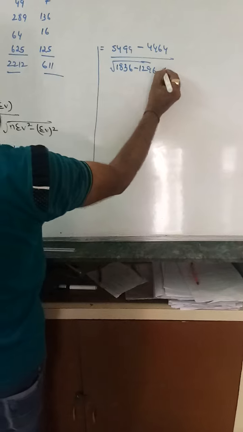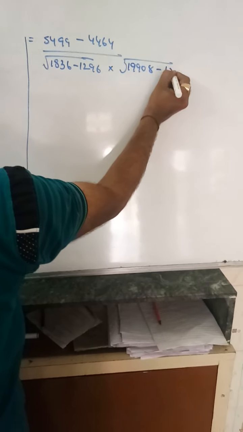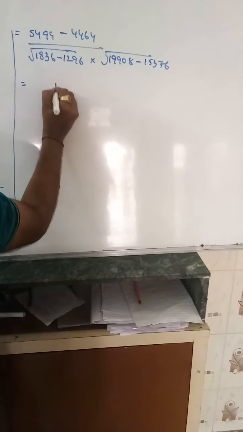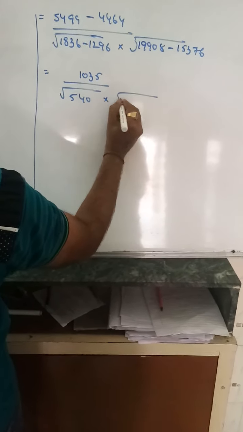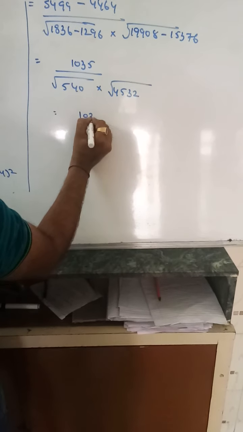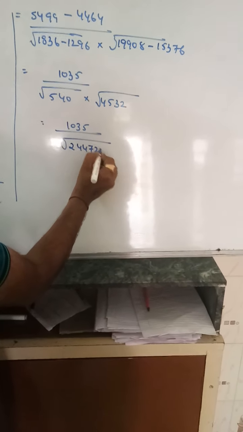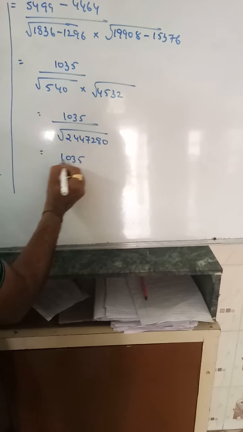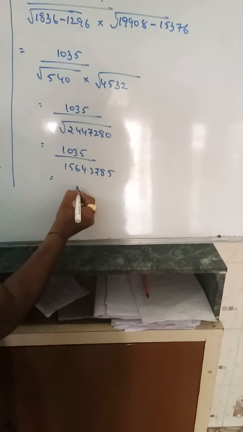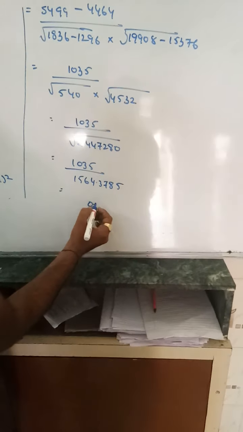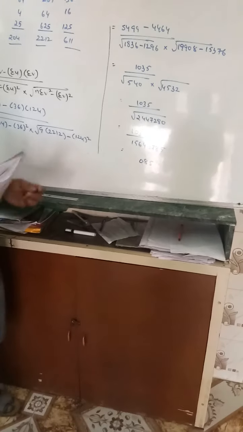Calculations are as usual as we are doing, then making deductions, then again multiplying both under-root values, then taking the root of 15564.3785, and our answer will become 0.85. Okay, sorry, the answer will be